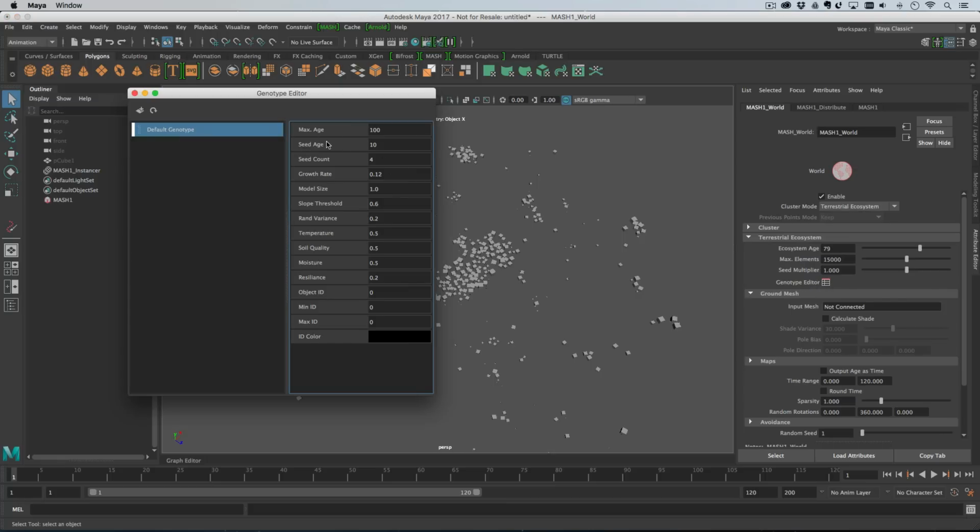So we have this maximum age, we have how old a tree is when it starts dropping seeds, how many it drops every year, how much a tree grows every year. The model size here is all about stopping intersections, and it should be based on how large your model is going into the system. This is manual at the moment. We would like to make it automatic in the future, but you're going to have to wait for another version of Maya for that. But at the moment, this is just type in a manual number, just however big your